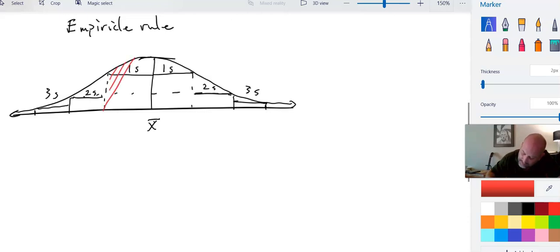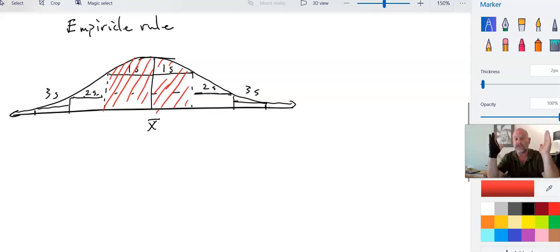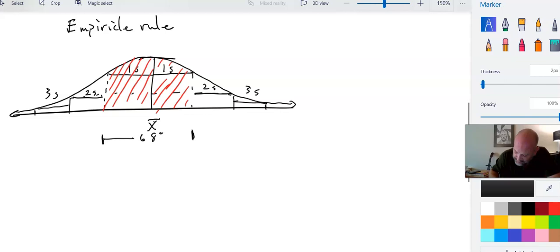So it's that middle area, everything within one standard deviation. Okay, the empirical rule says if you have stuff within one standard deviation, this is 68% of your data,